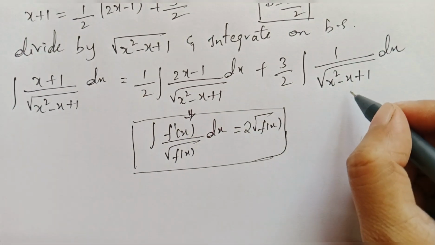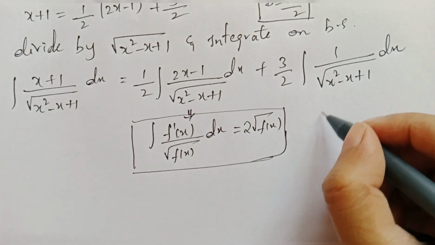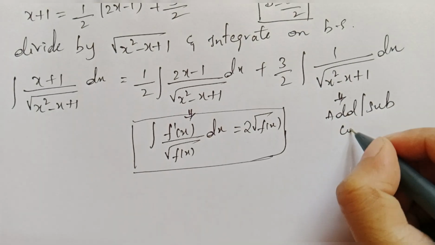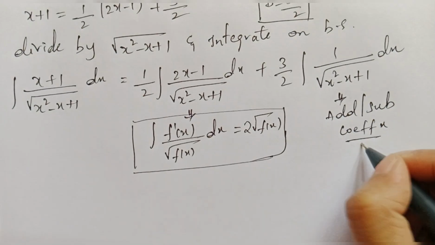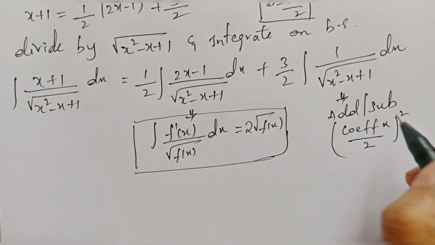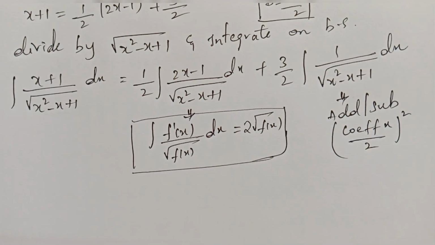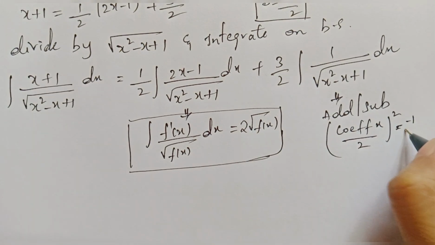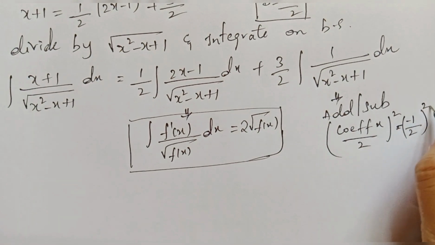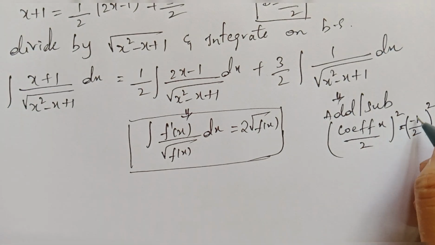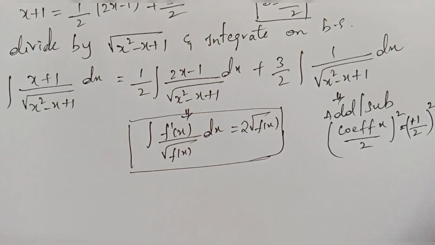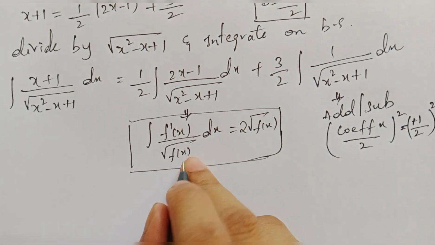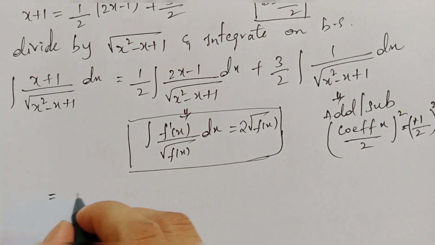Okay, and for the denominator in this term, we should add and subtract coefficient of x by 2 whole square in the denominator term. Here the coefficient of x is minus 1, right? This is equal to minus 1 by 2 whole square. Minus 1 in the square term is positive only, so I can write it as plus 1 by 2 whole square. So we should add and subtract this term, and we should apply this formula to this term. So this will be equal to 1 by 2